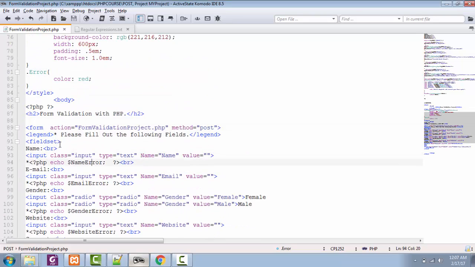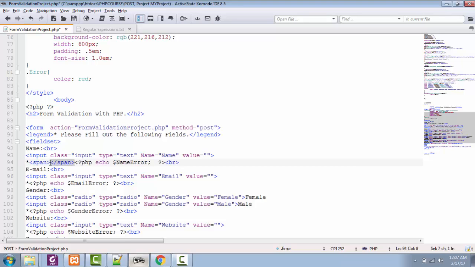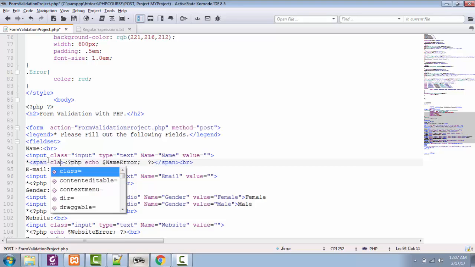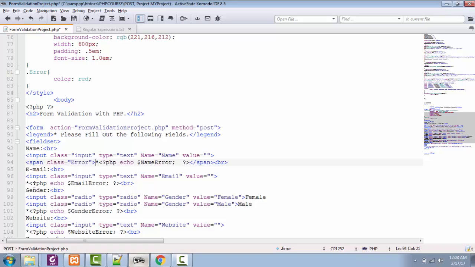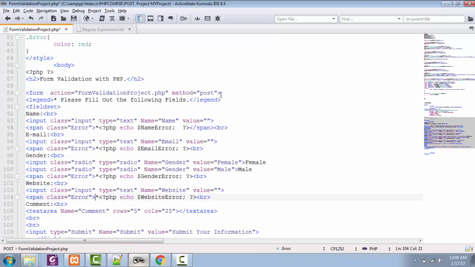Now I'm going to apply this class of error on every single error message: error message for our email, error message for our gender, error message for our website, and closing.